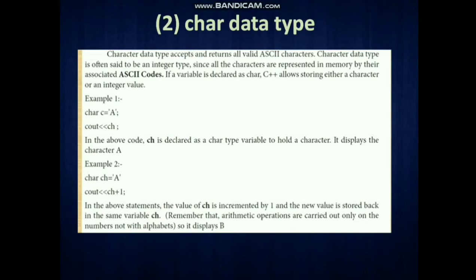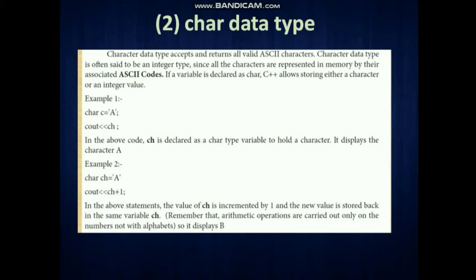Next, see here, example 1 was given for ch alone, but here they have given ch plus 1. Ch plus 1 means it prints the next character, b.